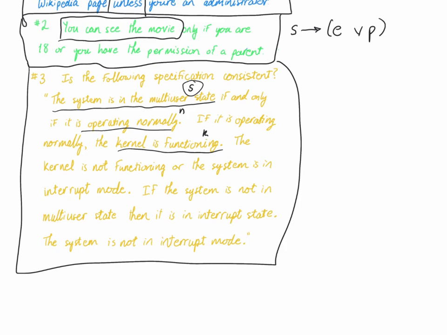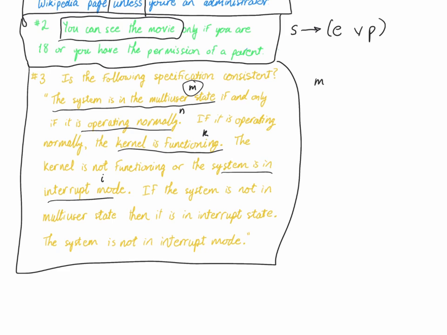And then the kernel is not functioning, or the system is in interrupt mode. So I'll use I for interrupt. And then the system is not in multi-user state. Actually, maybe I should go back. I might remember this a little bit better if I label it M for multi-user state. So, okay, and the system is not in multi-user state, then it is in interrupt state. The system is not in interrupt mode. Okay, cool. So with this kind of key for what symbols correspond to which sentences, we could say